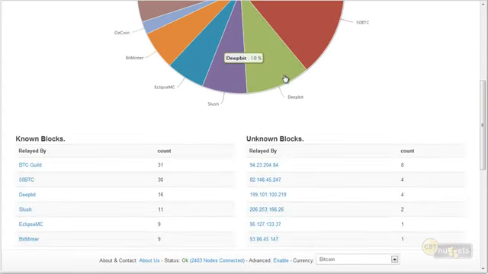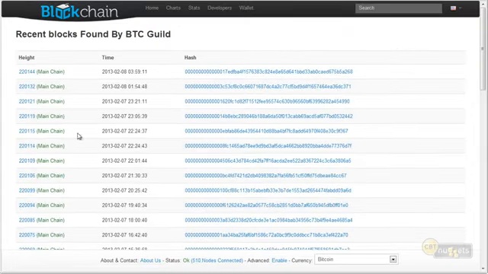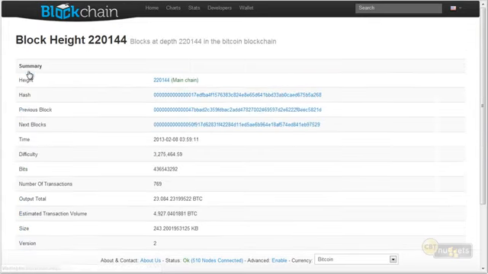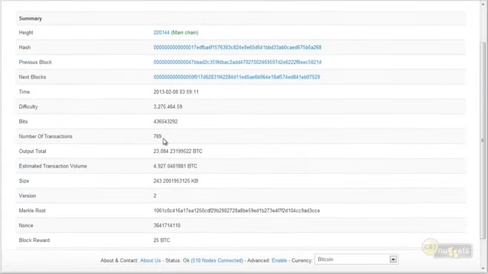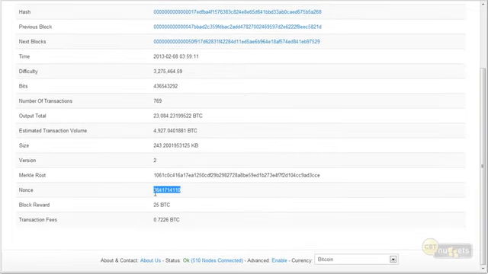If we scroll down further, it'll give us the details. So BTC Guild, and there's each of the blocks that they solved. If we click on the details of that block, here's the hash involved. If we scroll down, there's 769 transactions in that block. So here's the magic number, the nonce, that was the secret sauce to creating the perfect hash that was valid for this block. Here's the block reward of 25 BTC and a little extra coin that was chipped in by the people doing the transaction that acts as an additional motivator for the Bitcoin network to do mining.